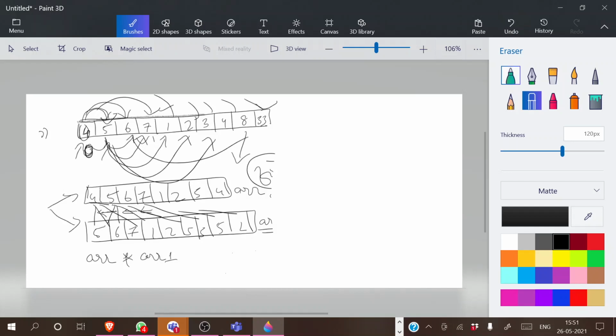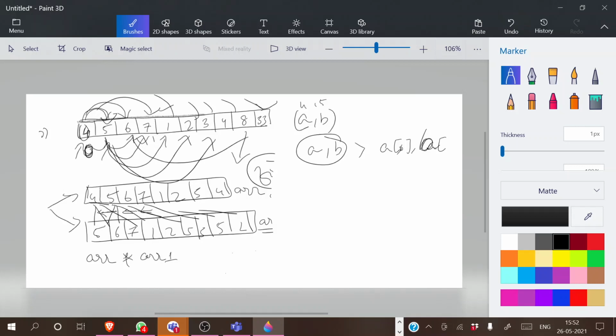What is the main condition we're going to use? We are going to make a pair A comma B. Like if I'm multiplying 4 and 5, this is 4 and 5. I'm just giving an example. So what should this A and B hold? This A and B should have the highest value compared to all the other A and B from this given array, right?